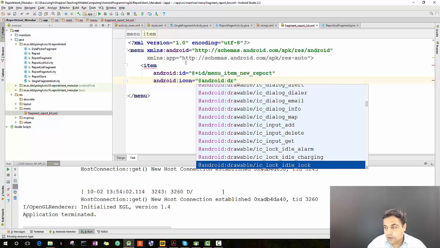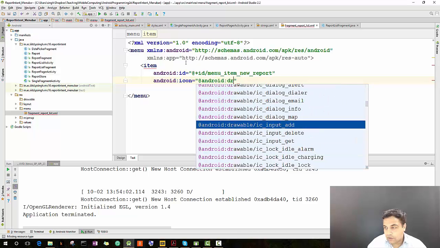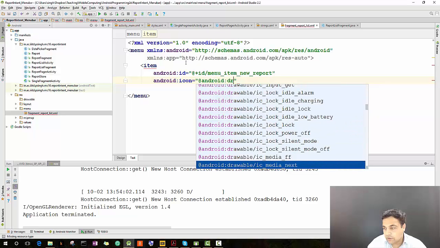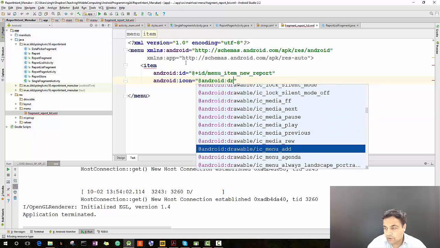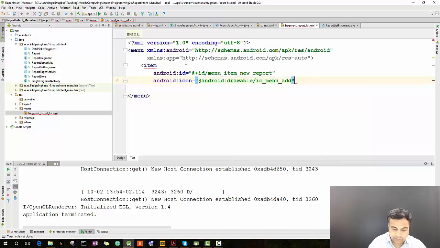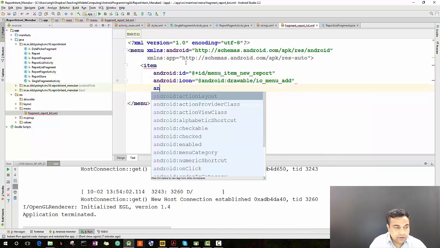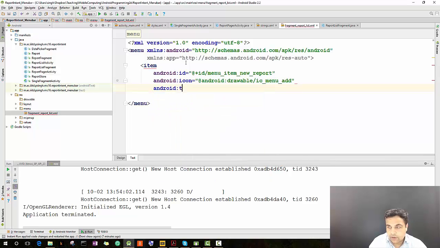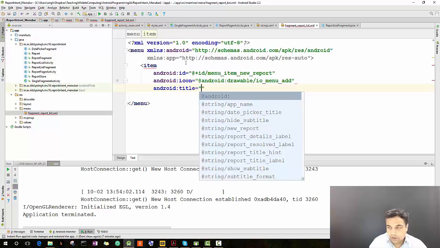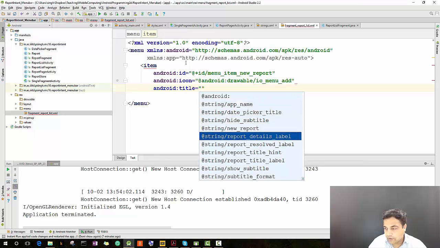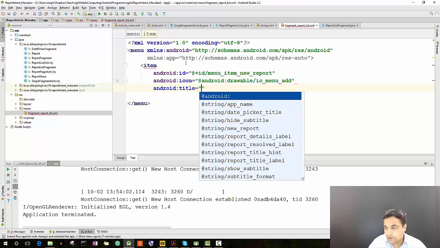Let me choose something here. I will just call it ic_menu_add. So I'm using something which is already available with Android. Then I go to android:title and I call my add string which we just created,